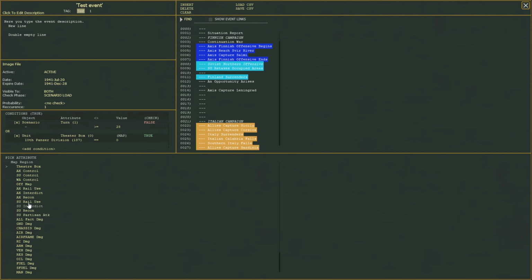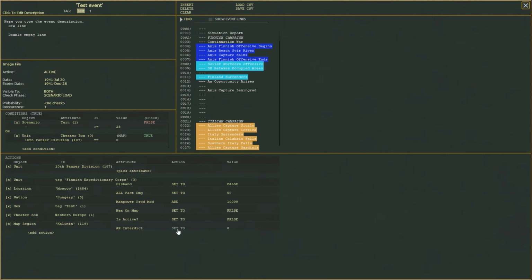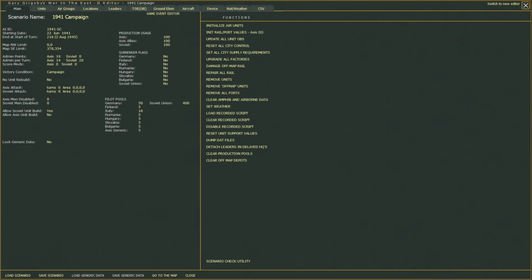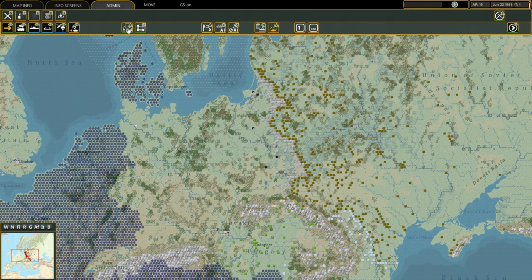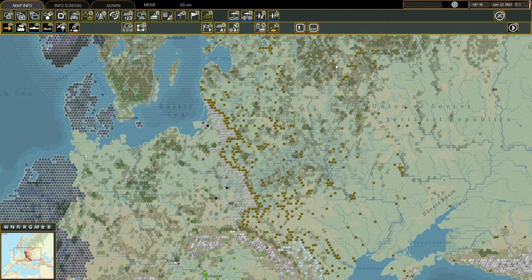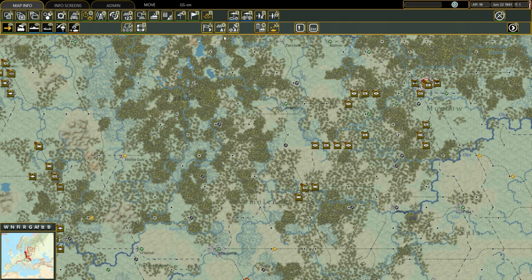Now the recon and the rail use again do not work. I tested multiple times, they simply do not work. And interdiction in this case refers to the air interdiction. The maximum value, I think, is again 99. I thought it was 100 again. But air interdiction is basically this one here. And you can read the manual about the effects of air interdiction, but this basically slows down the